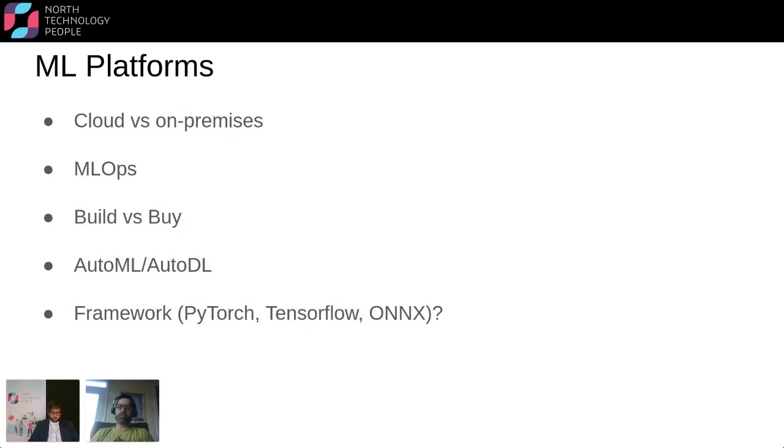One thing that is still a big issue is frameworks. Which framework should I use? Should I go with PyTorch, TensorFlow, ONNX? Frameworks are just like the languages that we use for software engineering. Like, should I develop in C# versus Java? So there was a time when there was contention. People used to pick one or the other.